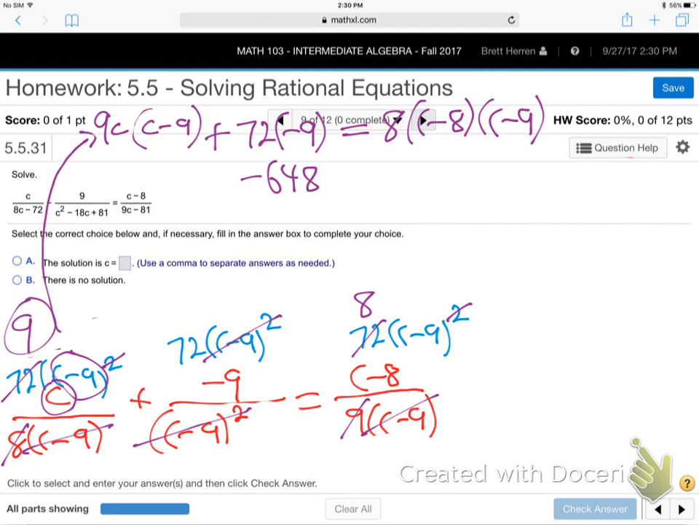Now, the right side can really mess people over. Let me finish the left side here. Boom, boom. 9C squared minus 81C. Good to there? Yeah, I just multiplied out the left side. 9C squared minus 81C. Now the right side,